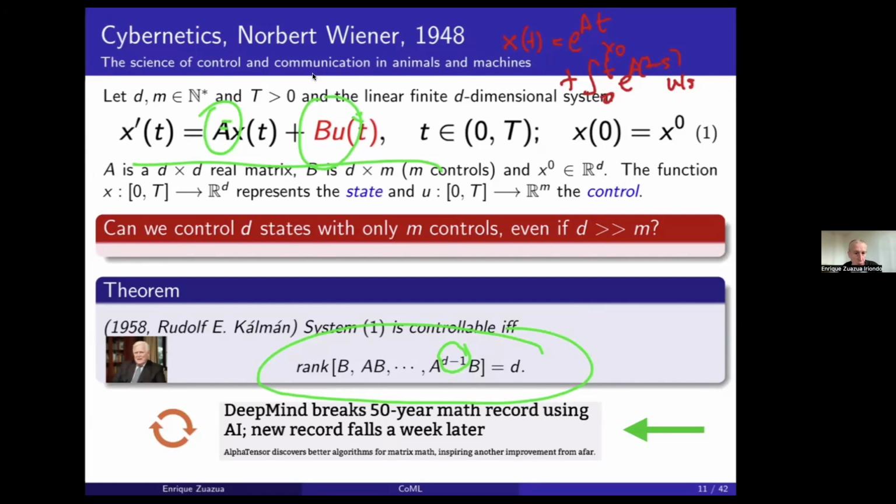Now, I really don't know. Maybe you know better than I. If someone knows, please put it on the chat. I don't know what is the size of the matrices you can handle with the standard MATLAB on your personal computer. But certainly there is a limit. And this is where this new breakthrough came, right? The company DeepMind developed new tools to multiply matrices, very much inspired by AlphaTensor